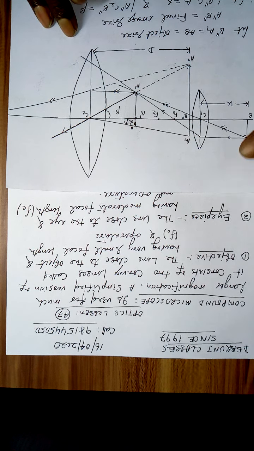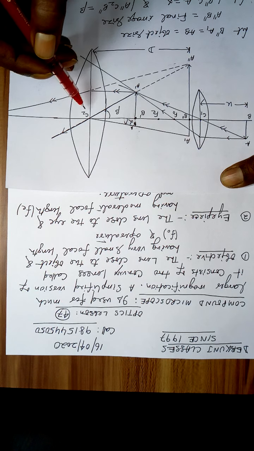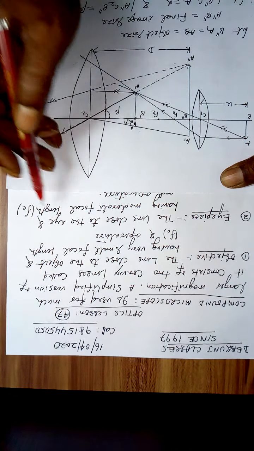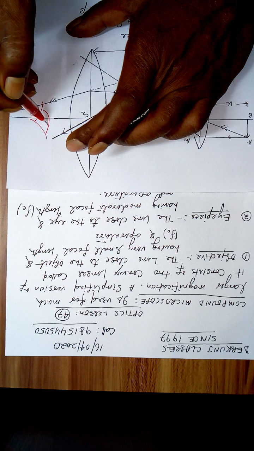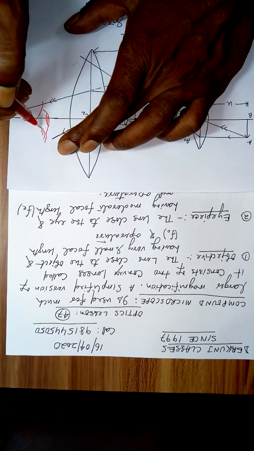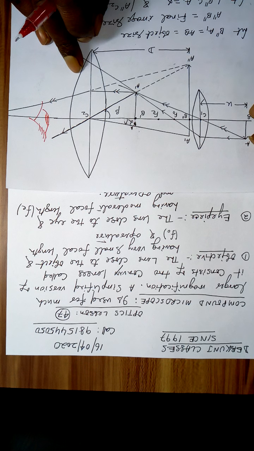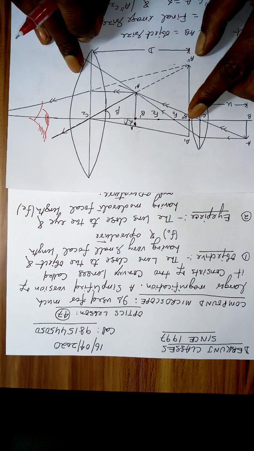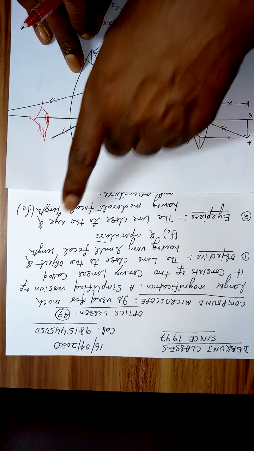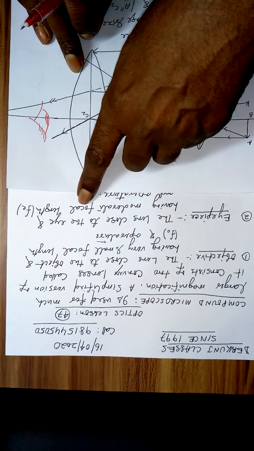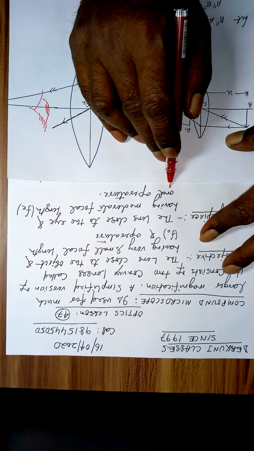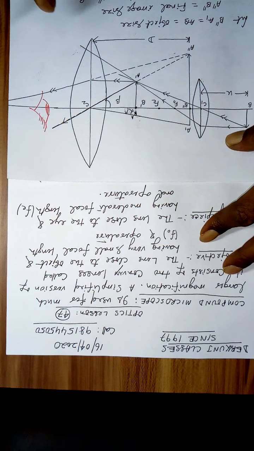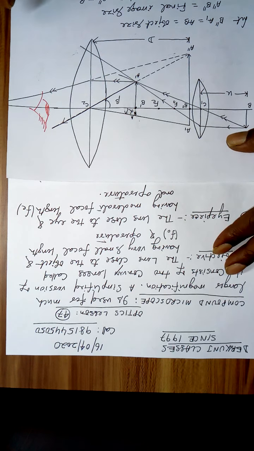We will be looking at this object AB through this lens called the eyepiece, the lens close to the eye. Our eye is on this side. Let me draw it for you so that it looks like an eye. We are looking at the object AB, which appears as A double dash B double dash. The lens close to the eye has a moderate focal length FE, the focal length of the eyepiece, and a larger aperture. The aperture of this is more than this. Then this lens is called the eyepiece.